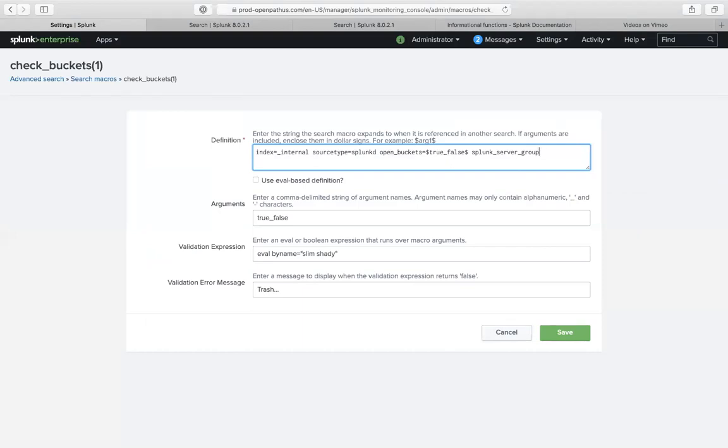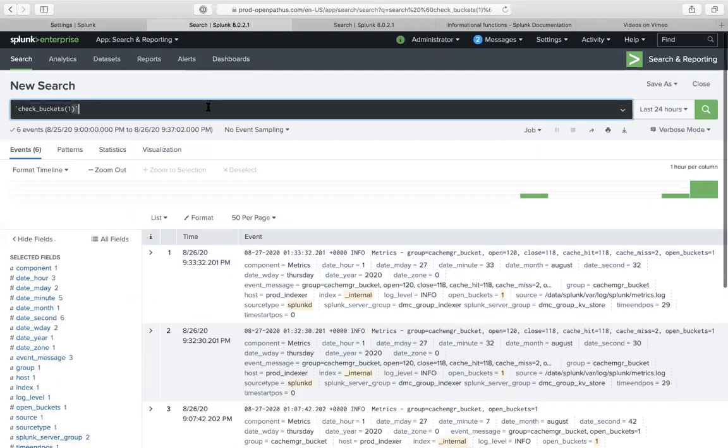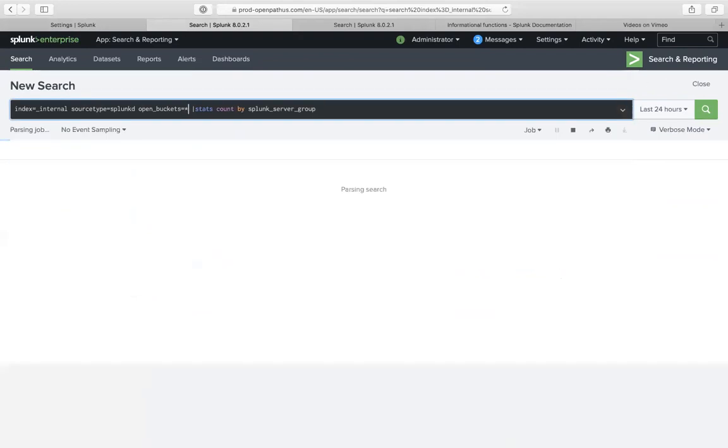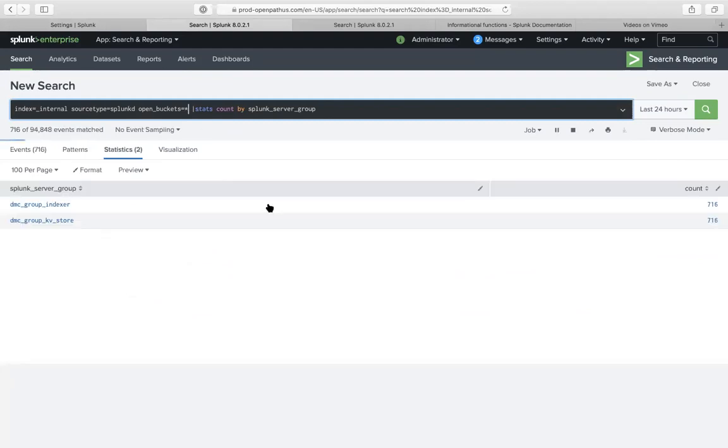We're going to say stats count by Splunk underscore server group. So this is what it'll look like, so you guys can see what I'm doing. I'm running this, and then it's going to be one or two here. What I want to do essentially here is see if this number,